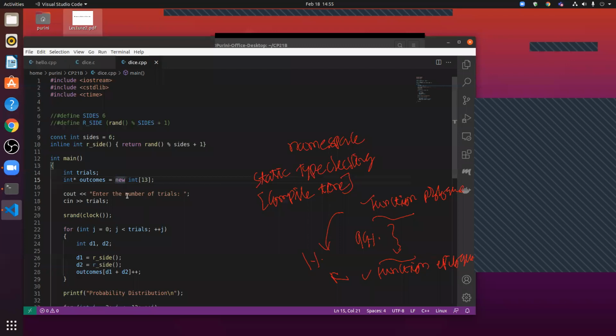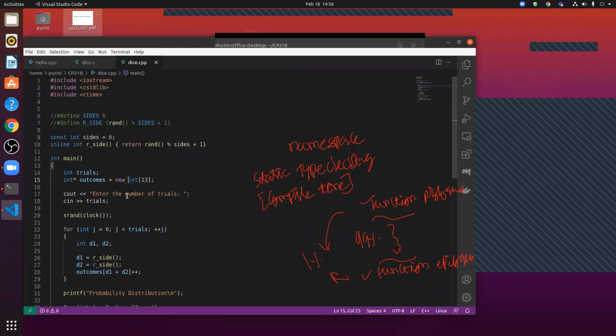The way dynamic memory allocation happens in C++ is by using this new keyword. You call new, and then you give how much memory you want. Are you with me here?